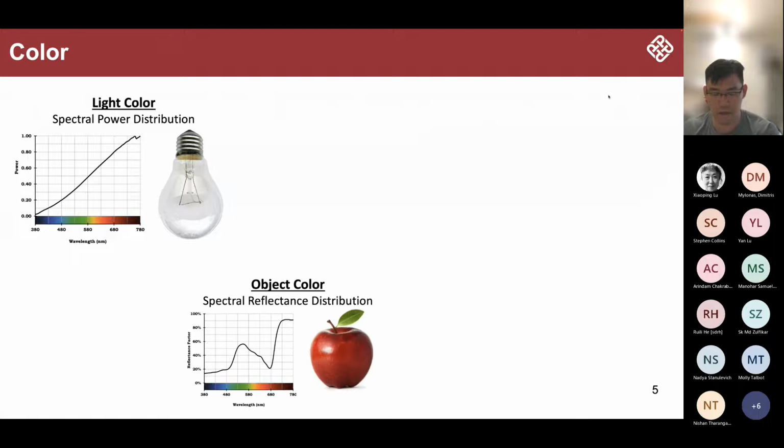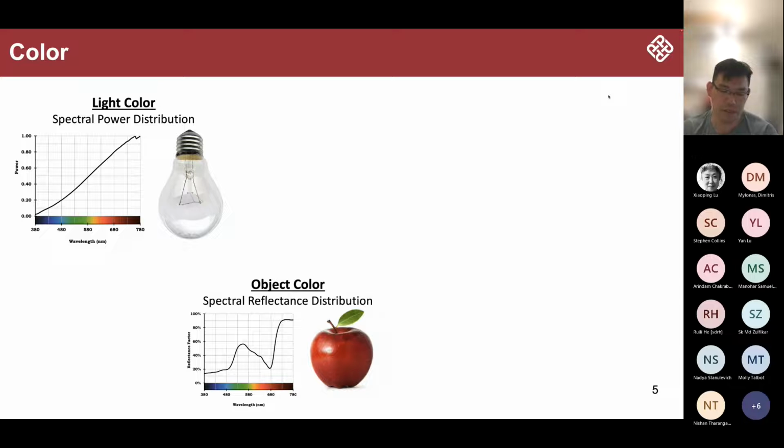For the surface color industry, we always care about the color of the object. When we talk about the color of the object, we are actually talking about the property or characteristics of the object. Most of the objects we see in daily life do not emit light themselves; they only reflect light. So we call this apple a red apple because it has a very good ability to reflect the wavelengths related to red colors, and the radiation in the rest of the wavelengths will be absorbed. That's what we always call the color of the object.